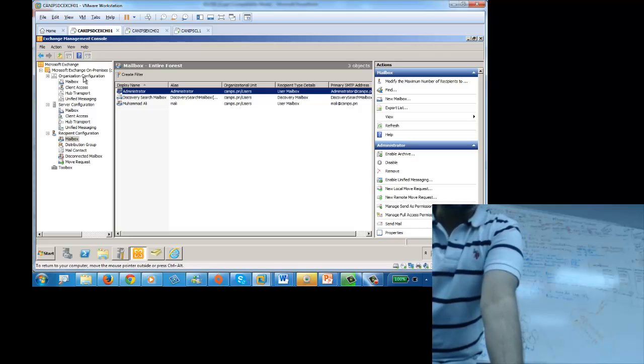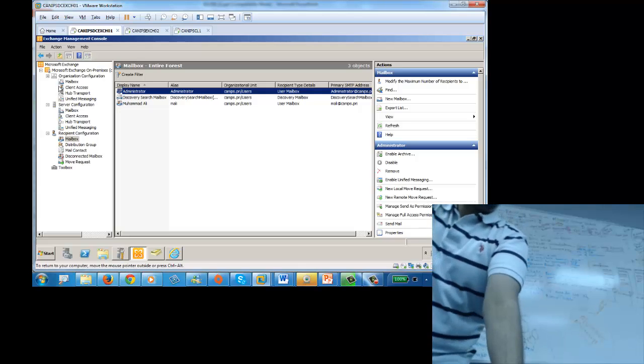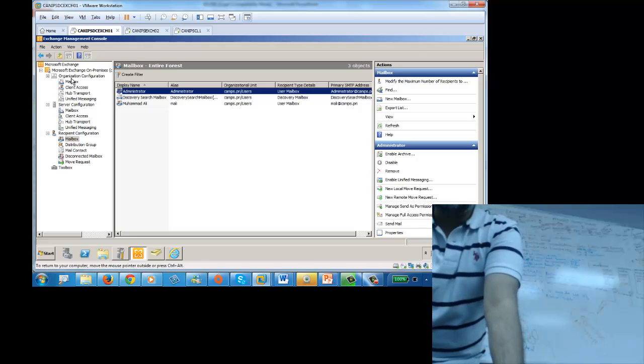So basically you can say this is all like forest settings. So forest, the top level. This is like forest settings. So organization settings are all here. Now,